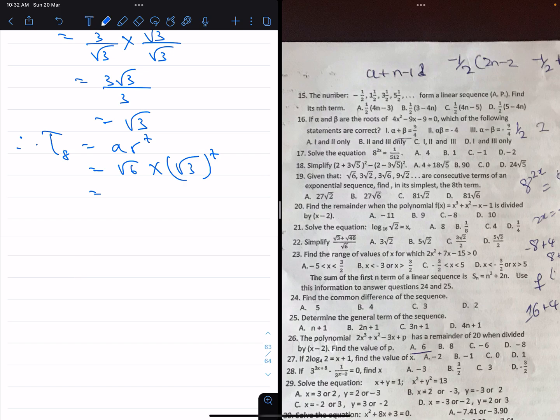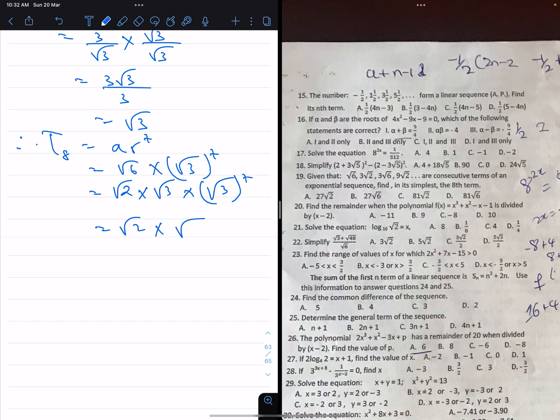Hold on a second, let me show you. It will give you a decimal, I don't want to get there. See what I want to do here. Root 3 raised to 7. I can write root 6 as root 2 times root 3. Do you understand? And then times root 3 raised to 7. So this is the same as root 2 times root 3 raised to 1 times